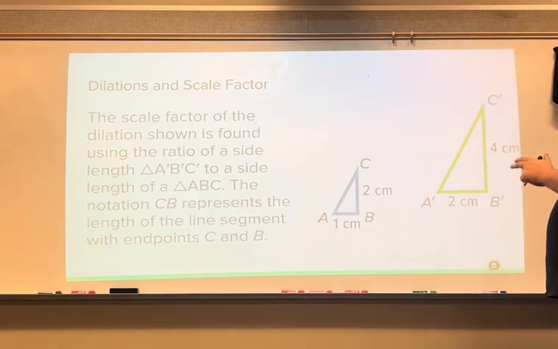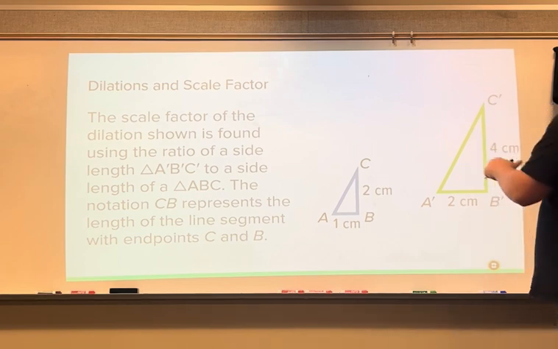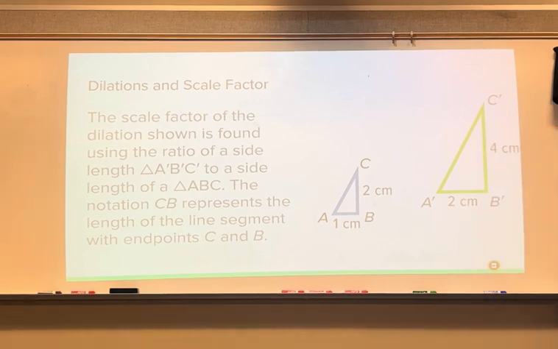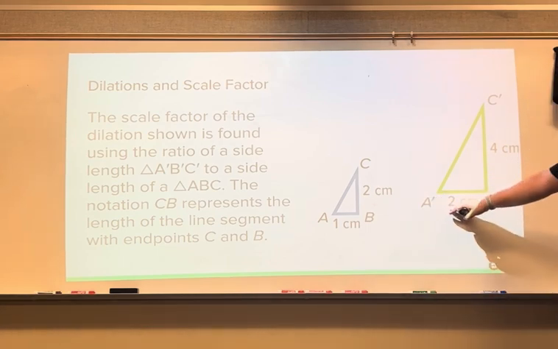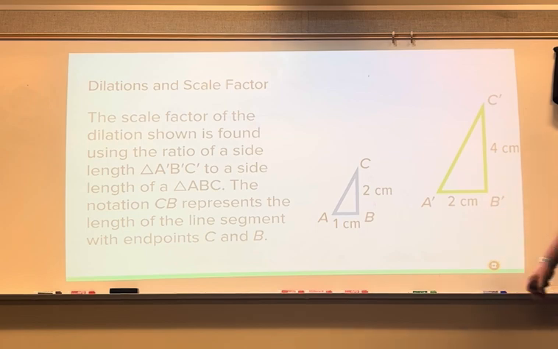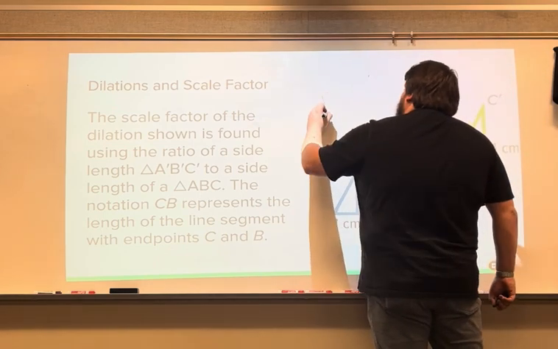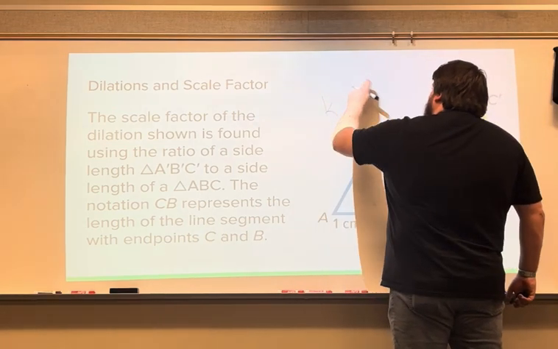So, scale factor. We have triangle ABC, triangle A prime, B prime, C prime. I look at my side lengths here. AB is 1 centimeter. A prime, B prime is 2 centimeters. It's double. B to C is 2 centimeters. B prime to C prime is 4 centimeters. So my scale factor, okay,